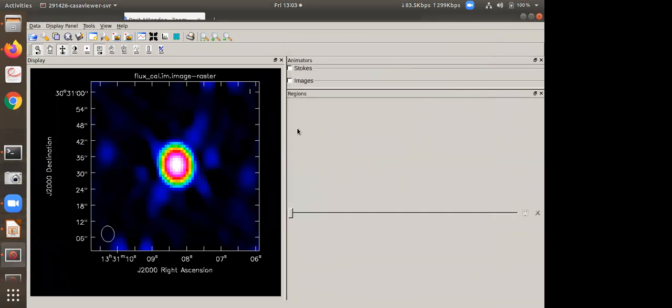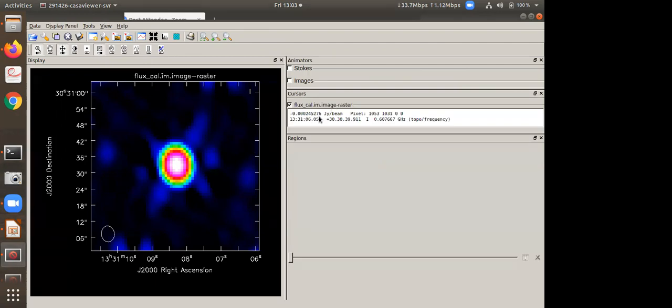And if you want to find out what the flux value is, let's see, view. It should show you the cursor. So here it is showing me the different values. If I just point my pointer here at the center, it is giving you the RA Dec right here. That is the RA Dec of the phase center, or the peak of the source 3C286. I means Stokes I. I made a Stokes I image. 607.67 is the central frequency of your image. That is what we have observed, the value of our data set.